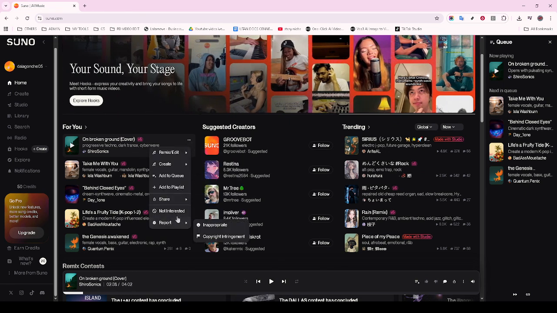Suno AI is an incredible tool that enables you to compose music with the help of artificial intelligence. If you're new to the platform, you'll want to start by exploring its features and learning how they cater to your specific style or genre. Take your time to experiment with different sounds and combinations. The beauty of Suno AI is that it allows you to tweak and adjust musical elements until you're satisfied with the final composition. This exploration not only makes your music sound polished but also unique, tapping into the platform's wide